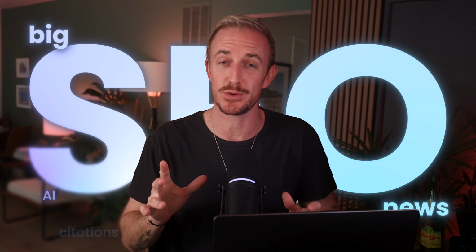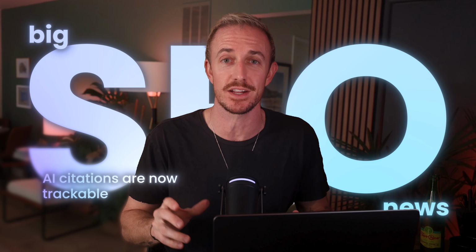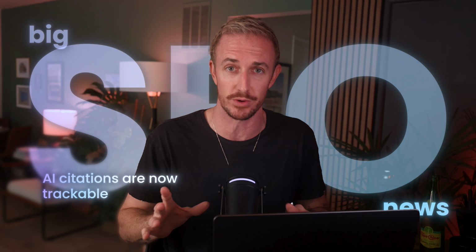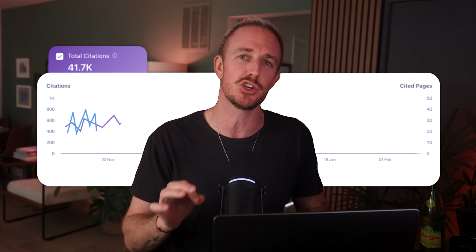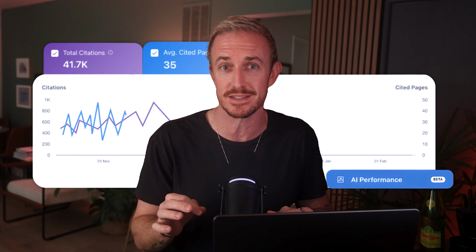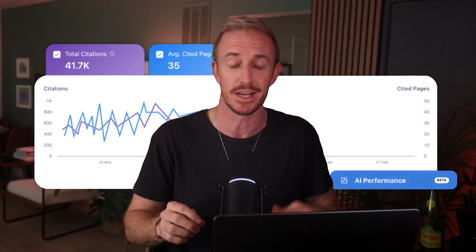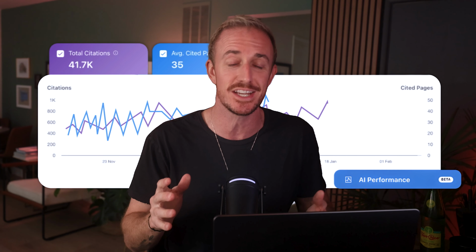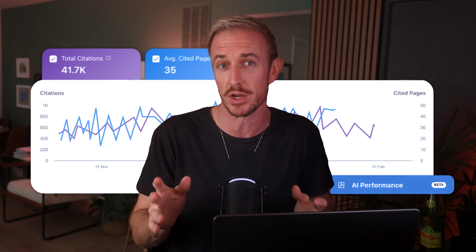Big SEO news. You can now see when and how AI tools are citing your website for free. Bing quietly dropped a brand new report called AI Performance that shows your AI visibility, your citation terms, pages, and the exact queries triggering those AI mentions. This is huge because it's the first real analytics we've ever had for AI search inside of a 100% free